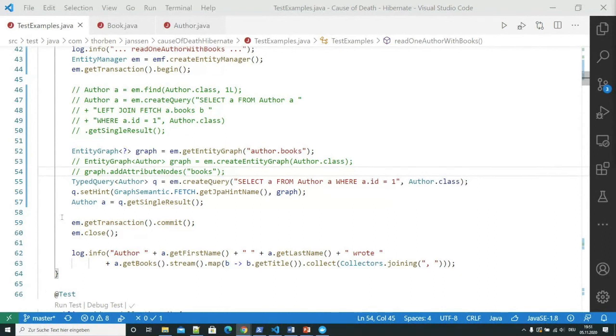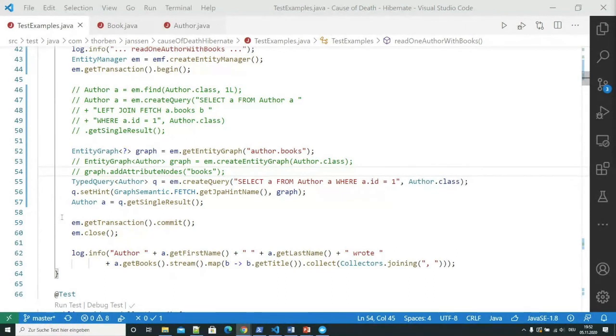So the only situation in which eager fetching would actually be a good thing is if all use cases of your application need the parent object together with an initialized list of child objects. And I mean all of your use cases that fetch the parent object. And as soon as you have more than 3 or 4 use cases that you implement in your application, that will not be the case.